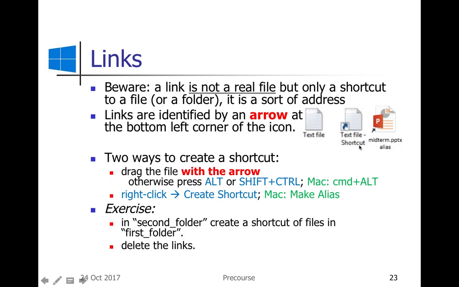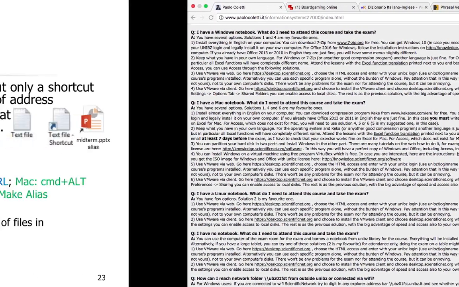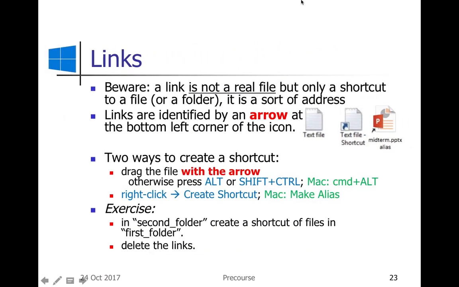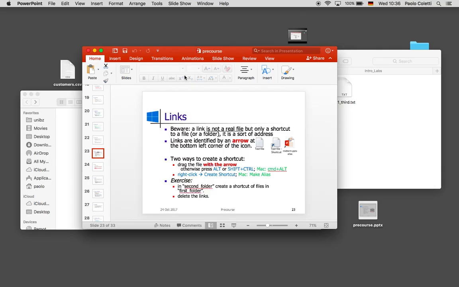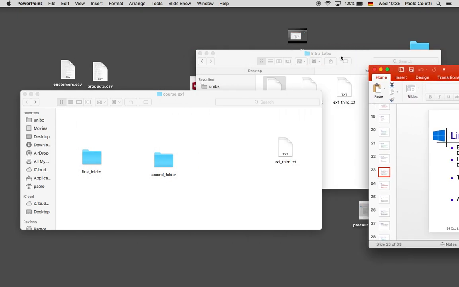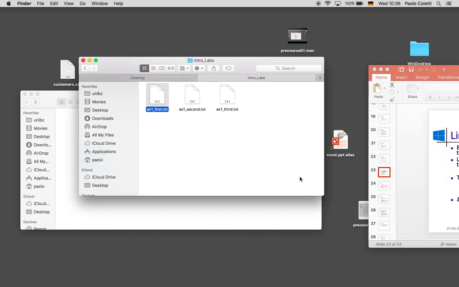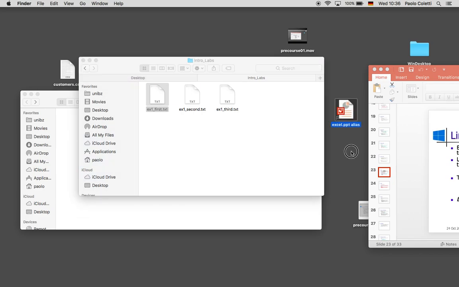It also displays shortcut on Windows and alias on the Mac, but don't trust it because you can rename it and remove this alias, and so it will have just a regular file name. Just to give you an idea, here, this is a link.